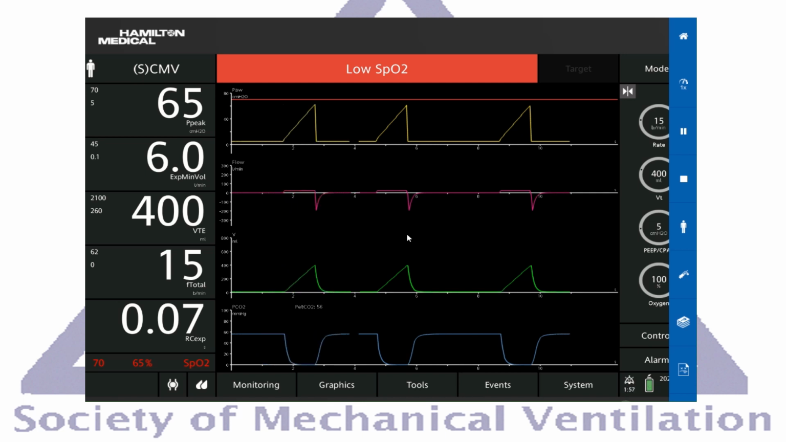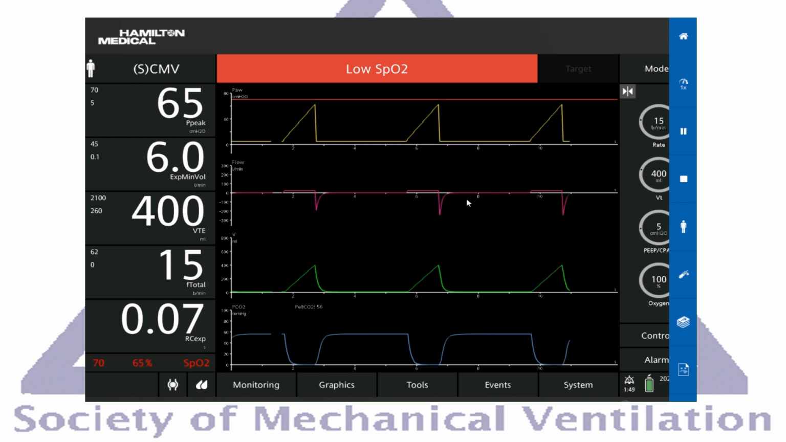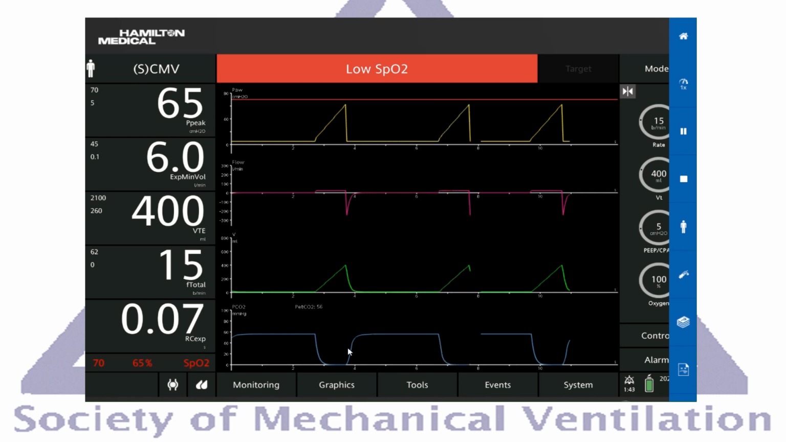a restrictive lung process. In other cases, eventually we'll talk about obstructive lung disease like COPD or asthma and see how we can differentiate it from here. This is the tidal volume and this is the end tidal CO2. So we put him on generic